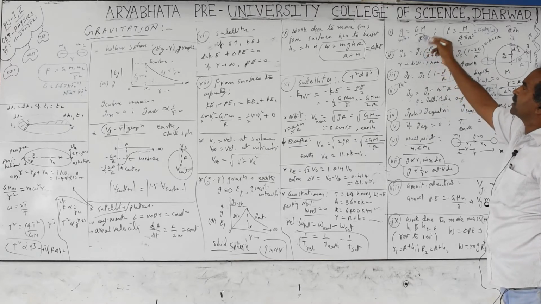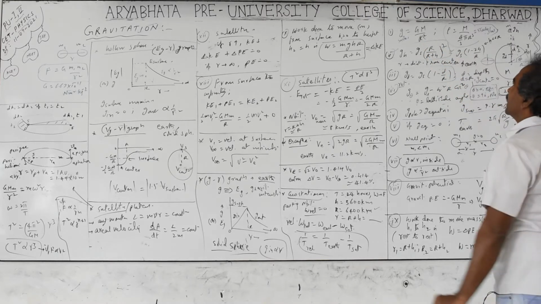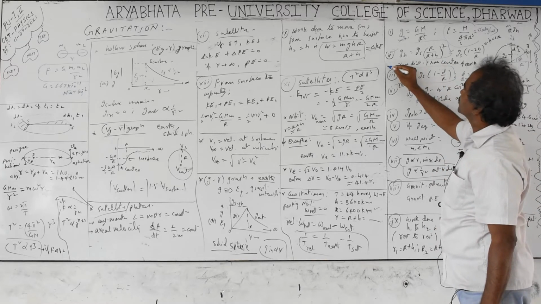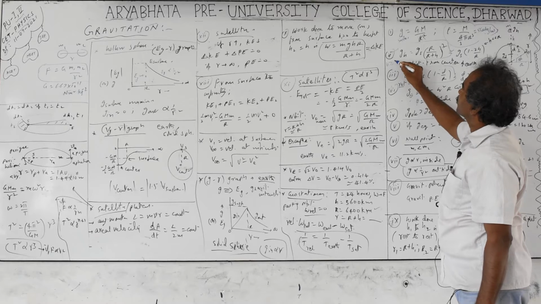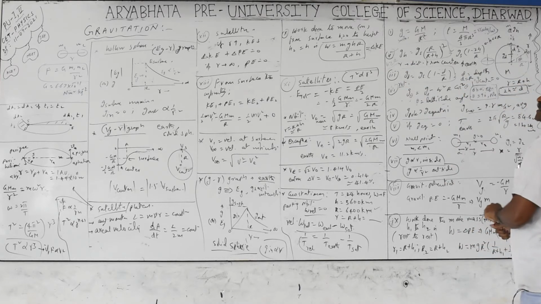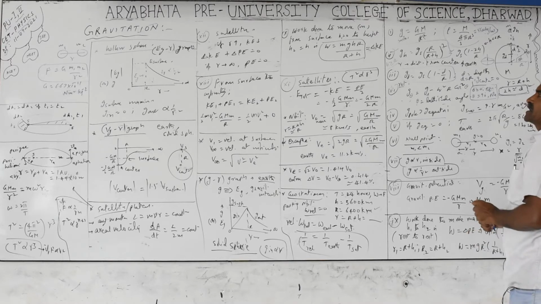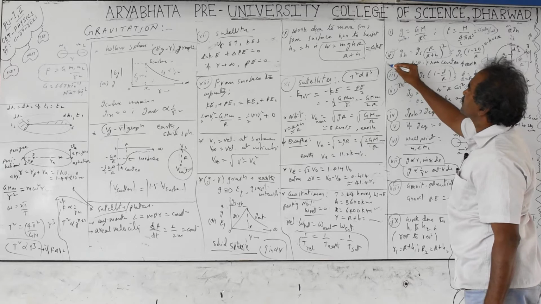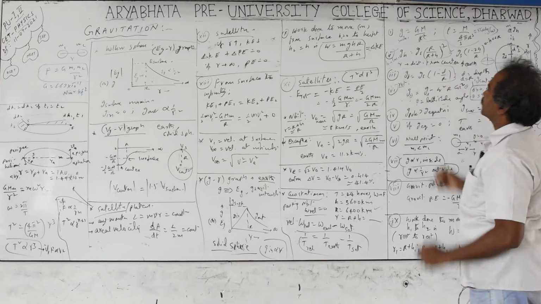Smaller and capital ratio, if you take, you will get this relationship. And this is for the large heights. This formula is used for the case when h is comparable with the radius of the planet or earth. It may not be greater than or equal to even half of the radius, like that given also. Large heights we can take. When h values are large, we have to use this formula.